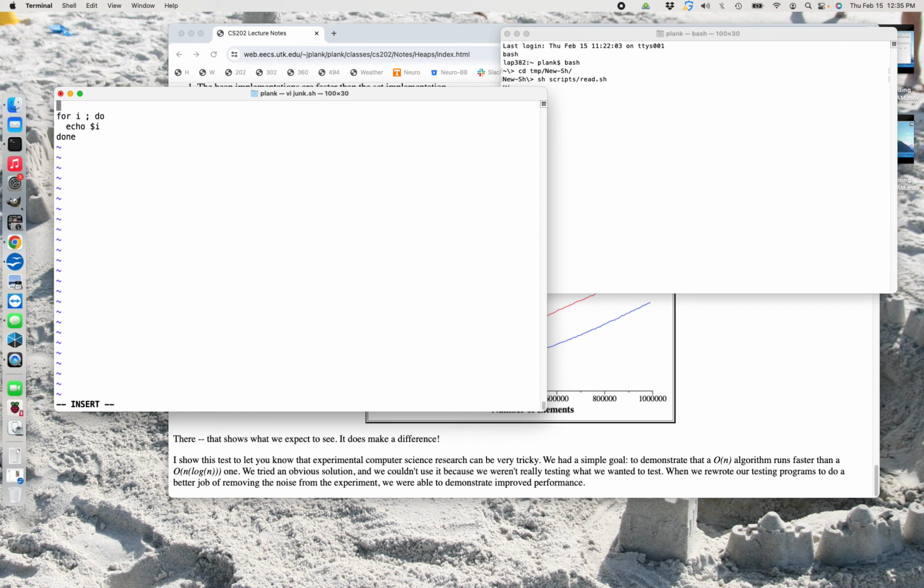If you say shift, it will basically shift your command line by 1, so that it eats command line argument 1 and then shifts all the ones over. So 2 becomes 1, 3 becomes 2, etc. Sometimes useful. And then you can say set. If I say set a, b, c, d, that actually puts that on the command line. So that now you can use it.